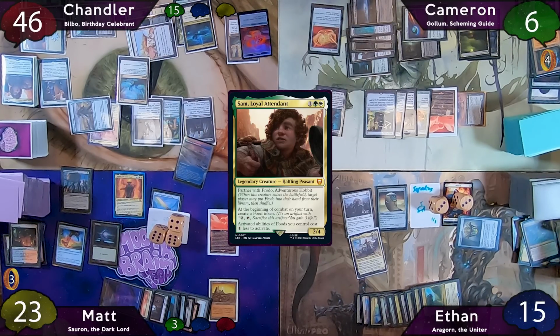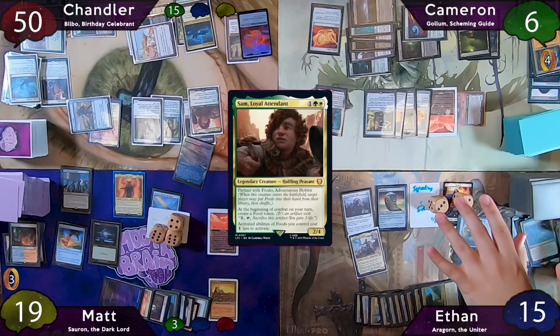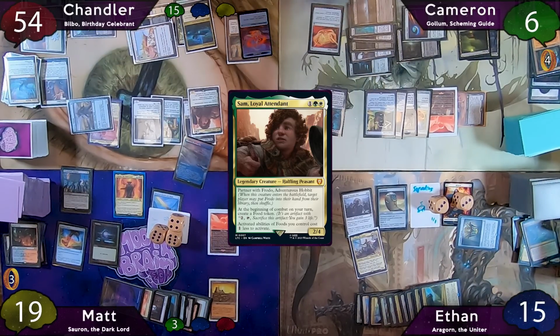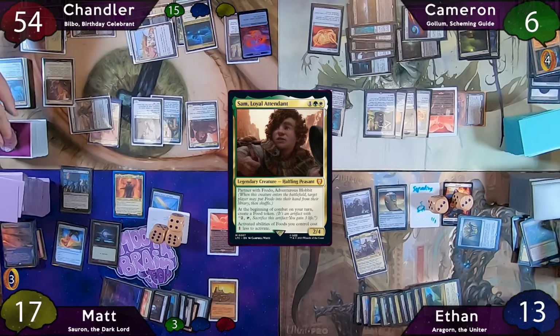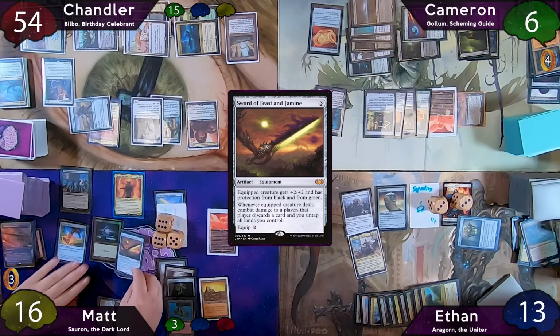So Sam comes back to the battlefield and Chandler will gain 4, Veto causes Matt to lose 4, and then Sam is a creature entering the battlefield, so Chandler will gain 2 twice, and he'll drain Matt for 2 and Ethan for 2. So Otawara will then resolve, and then Chandler remembers it's end step, so he draws a card off Smuggler's Share. Now on Matt's turn, he'll play a mountain, then he'll drop Sword of Feast and Famine, and